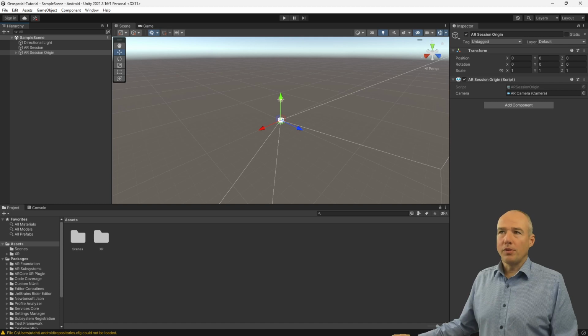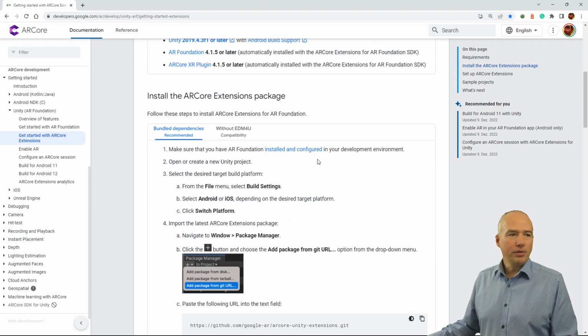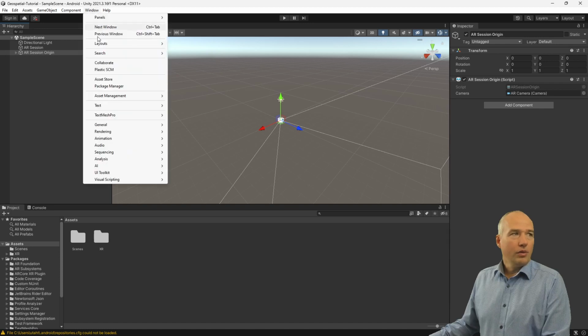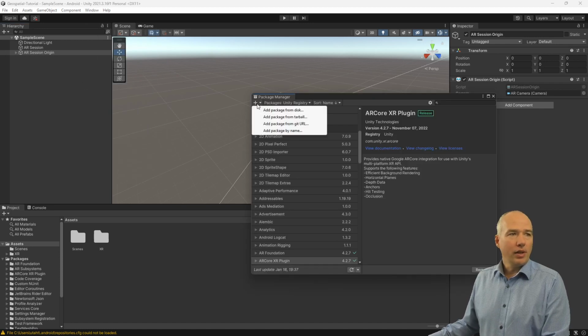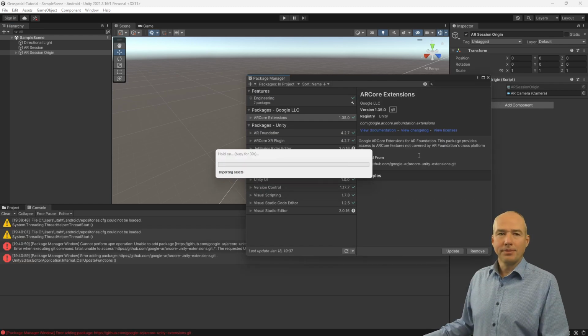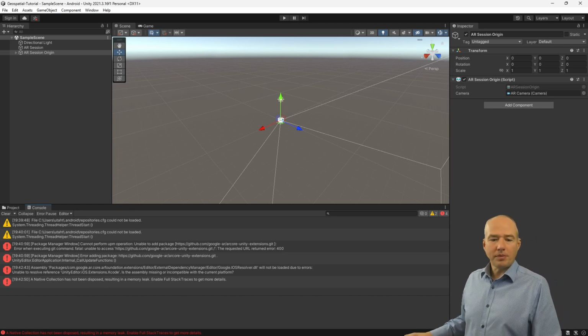The next step we have to fulfill is to add the ARCore extensions for AR Foundation. Therefore, we have to scroll down to get the GitHub link. We have to go back to the package manager, and we can add it using the URL. Then you can close the package manager again, and the next step is to add